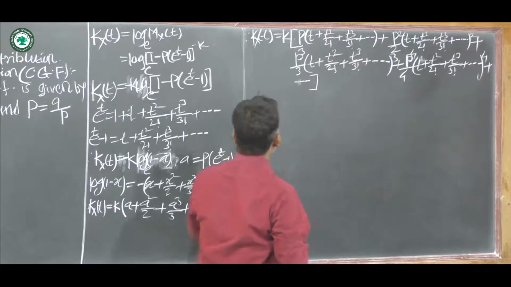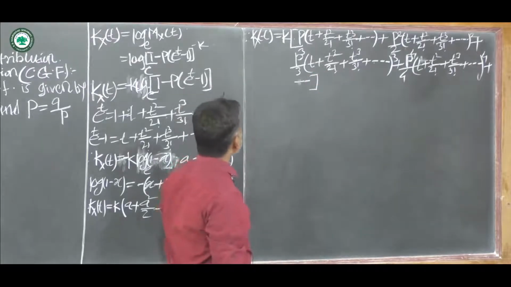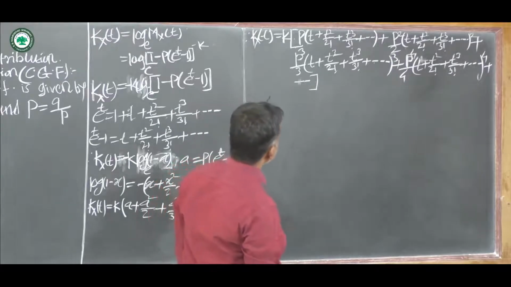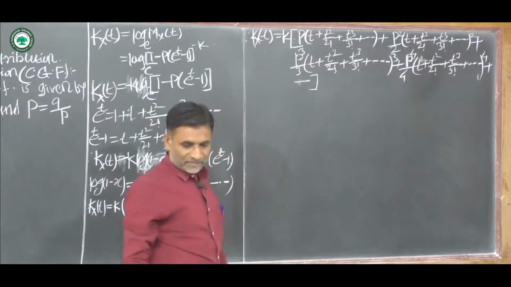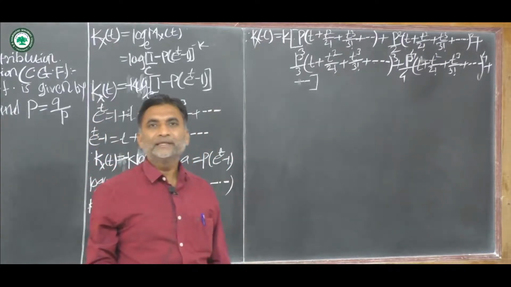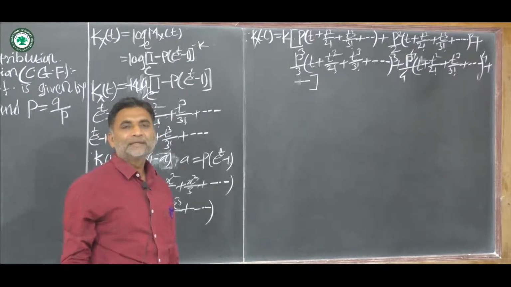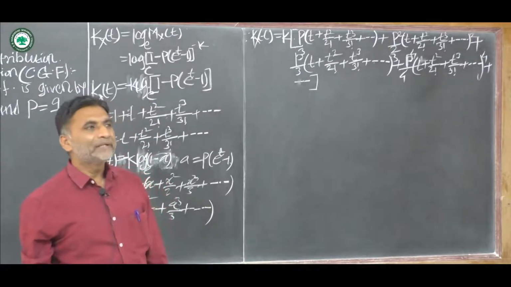Okay, this is the expansion for kx of t. Then by using this expansion we can obtain the cumulants of random variable x, that is cumulants of negative